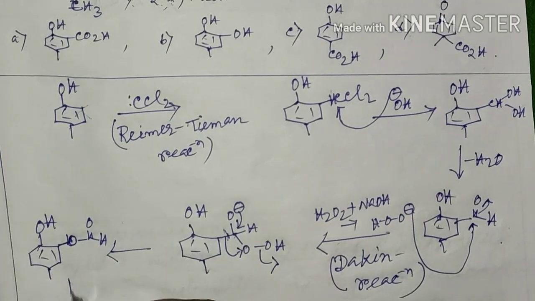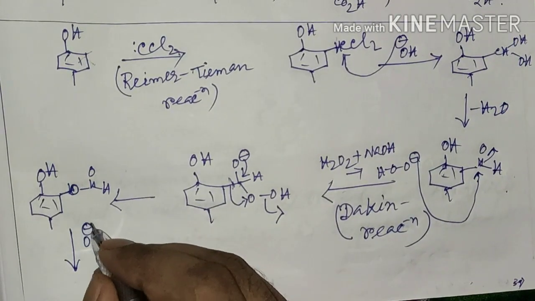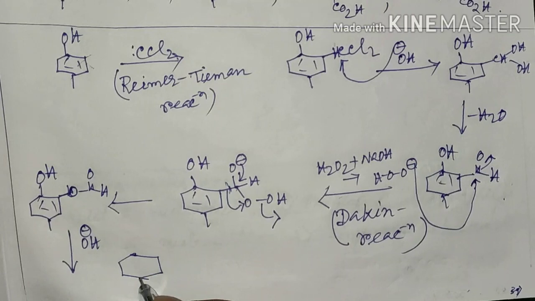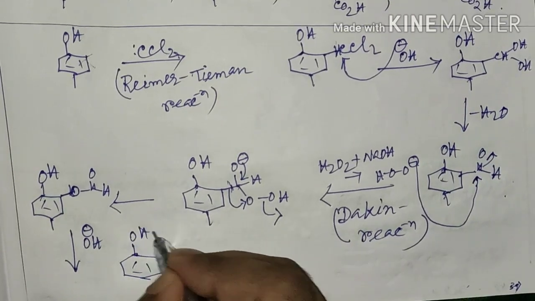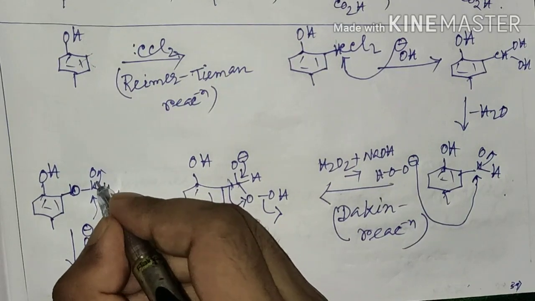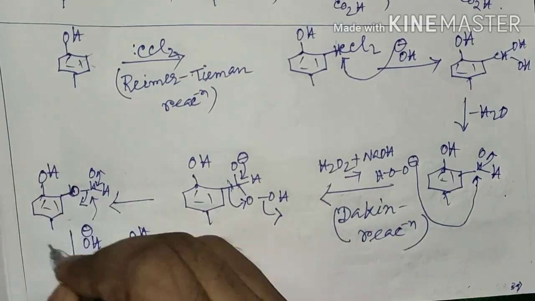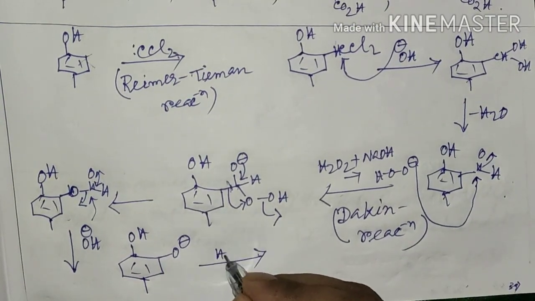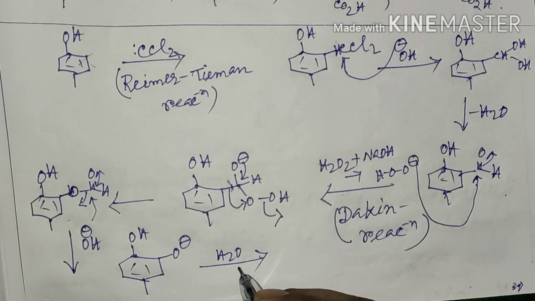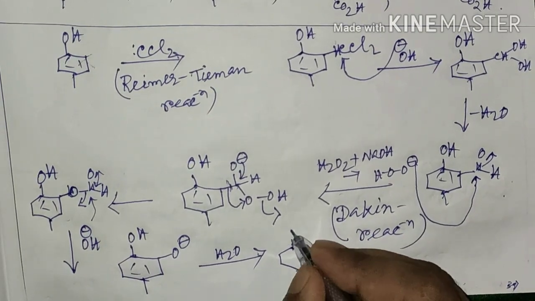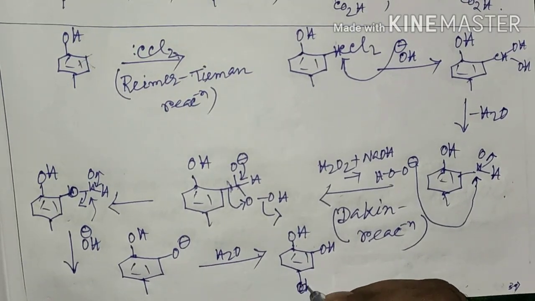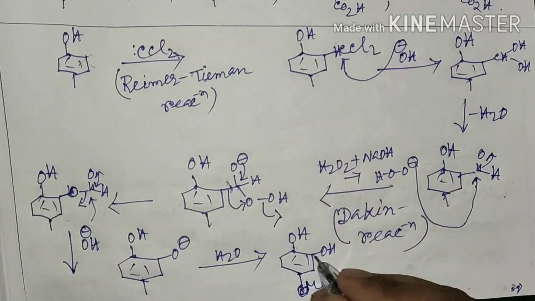there is CHO, and it will be hydrolyzed by base to form the corresponding alcohol. That is, base will attack here and this group will liberate as O minus, and that will abstract a proton from water. Since sodium hydroxide is an aqueous solution, there is water and it will protonate this phenoxide anion, and it will form, here will be methyl, this species.